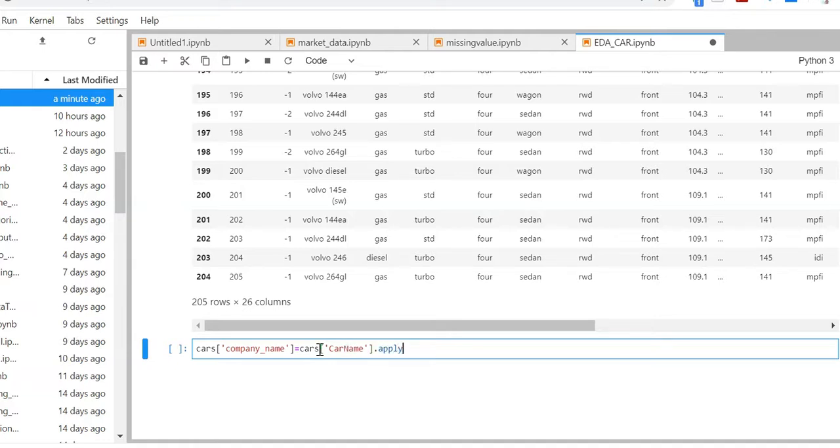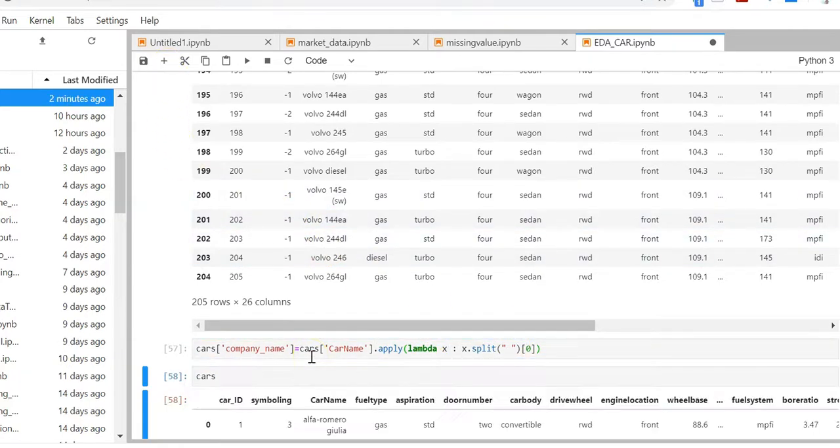Apply, I'm going to use a lambda function, lambda x colon x dot split. Since we want to split over the space, just give the space here, and then I want to start from the first value. Execute. It has been executed successfully.